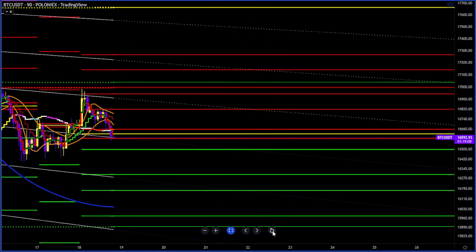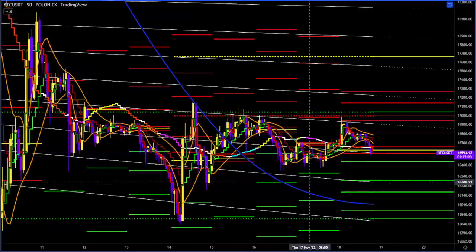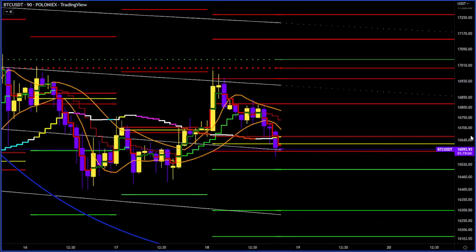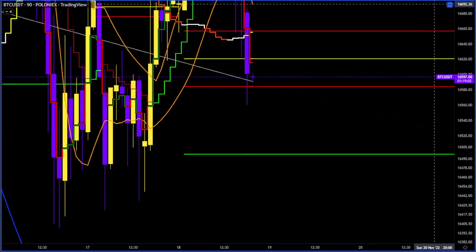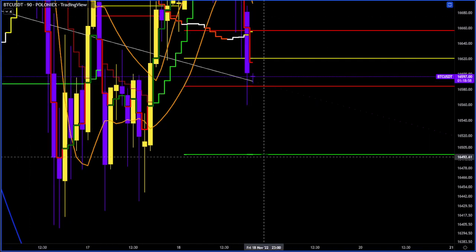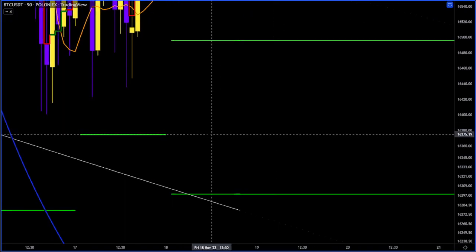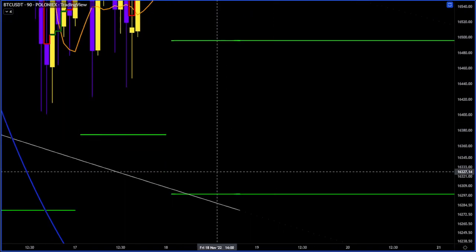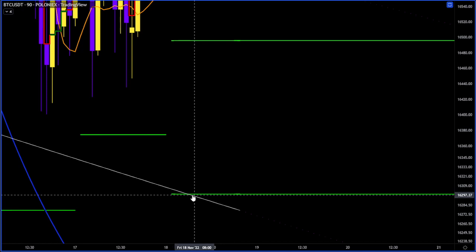Okay, so what can we see here? Our 90 minutes dragged out for a very long time. We've noticed our weekly is up at the top. General idea being, as you start failing below here, you're going to look for continuation to the downside. Here's the first candle, 16,495. A little bit of a rush to previous daily data, 1637,